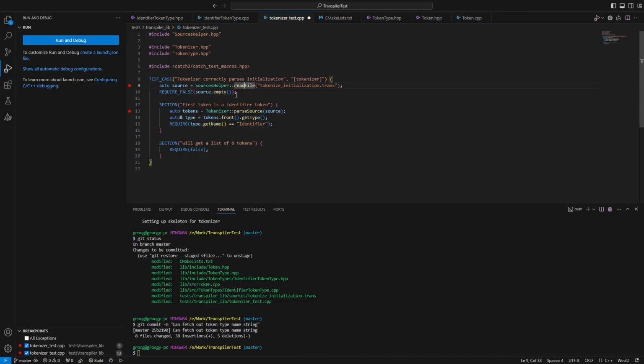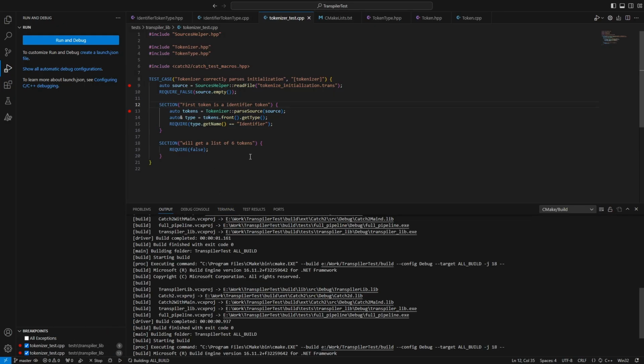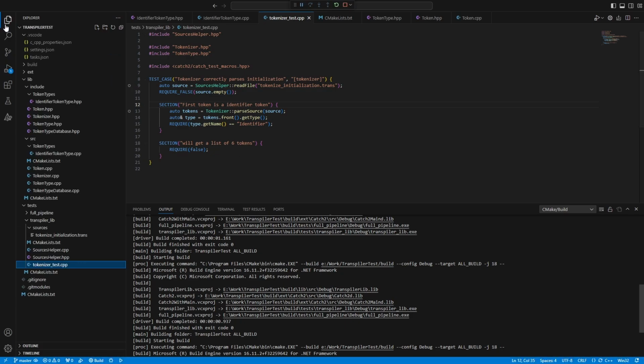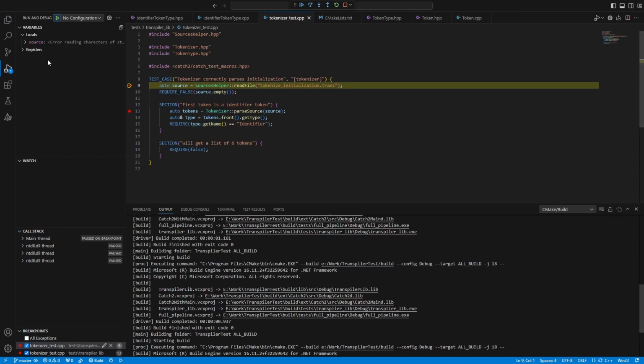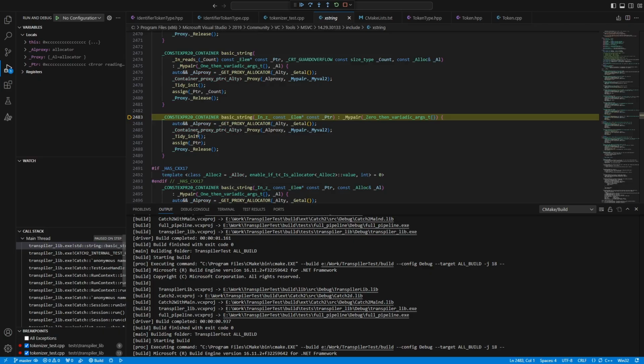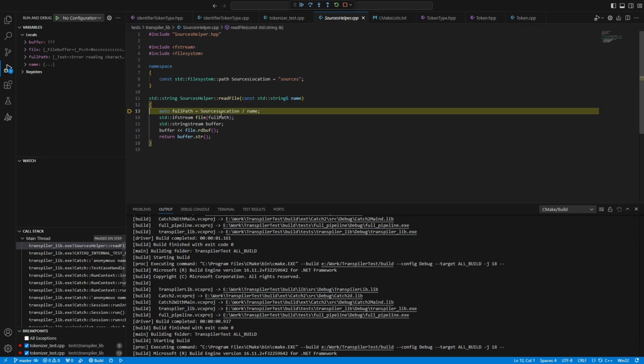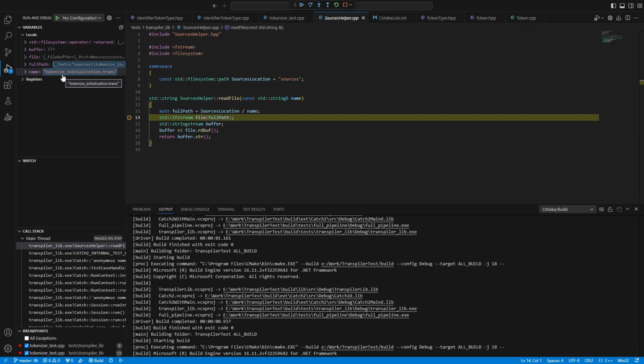So, all right. Why are you doing that? Can I make you somehow trigger on F5? There. We want to step in here. Full path is sources, tokenize, initialization.trans. And